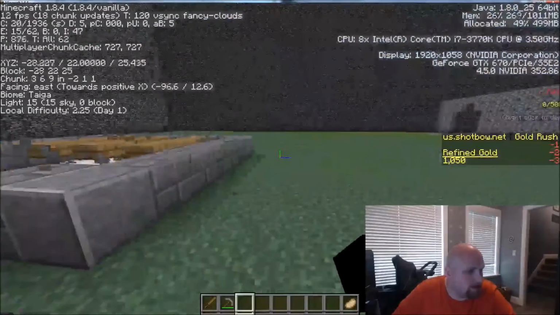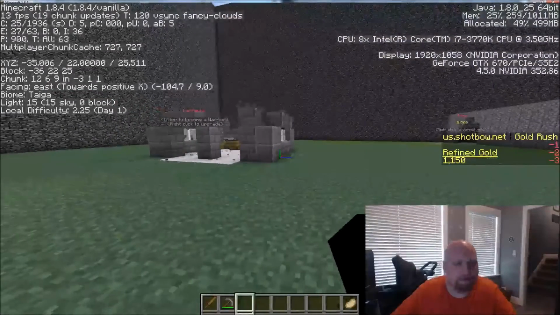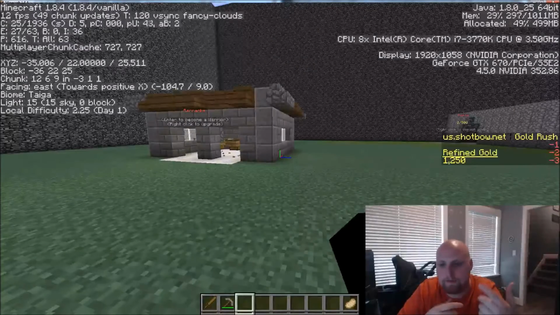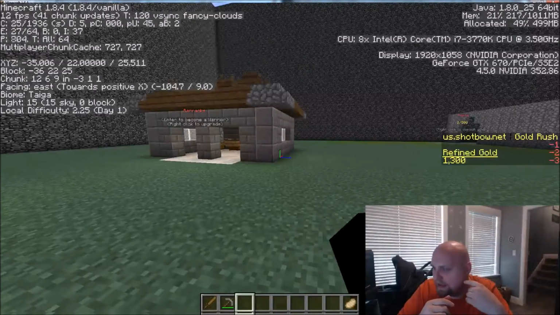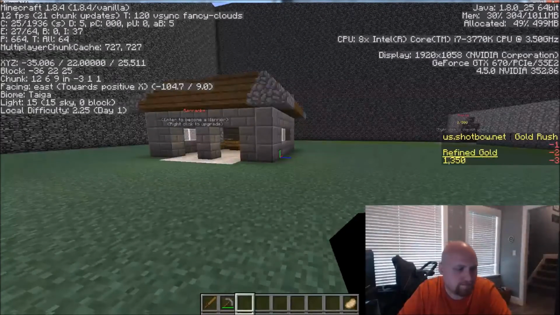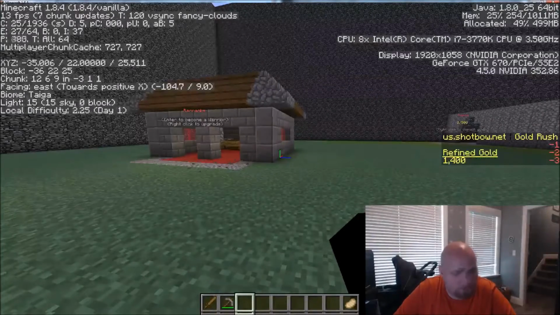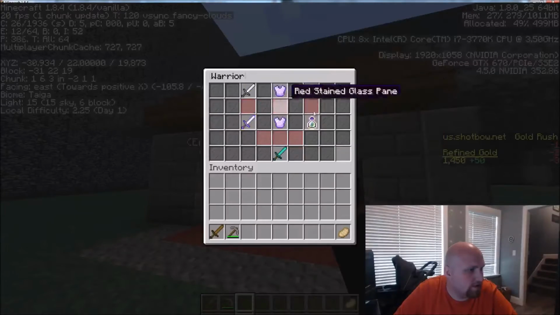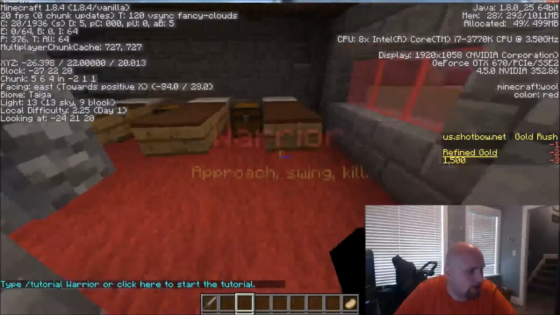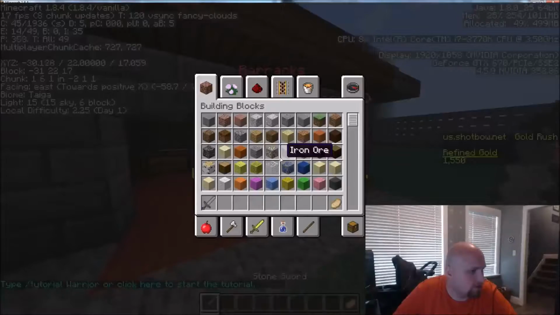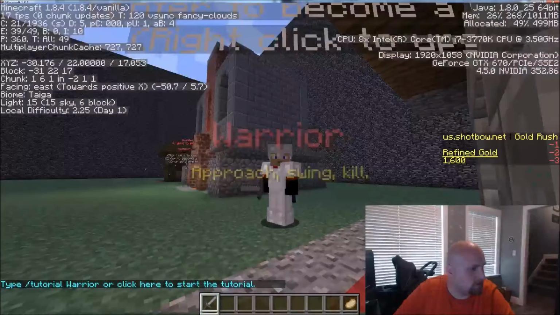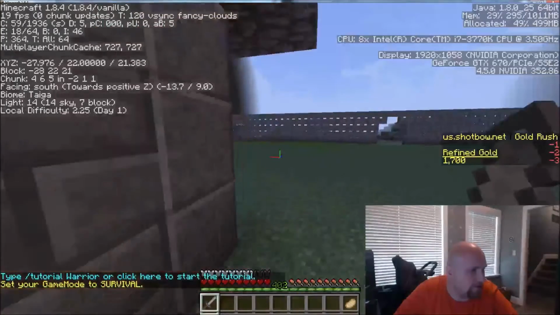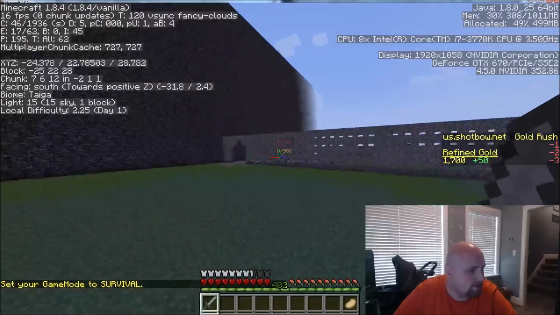So the idea is that this game consists of 4 classes. There's the miner class, which is going to be your support class. It's going to repair buildings and mine the gold and build the economy and all that. You've got your barracks, which is where you've got warriors. So, for instance, if I walk on here, it'll set me to a warrior who has a stone sword and, as you can see, iron armor to start with. So, obviously, the warrior is going to be very handy from the very beginning of the game to go harass the other team's miners, etc.